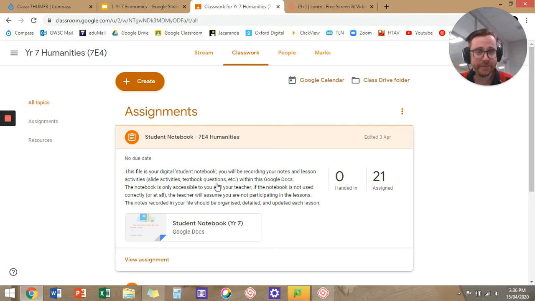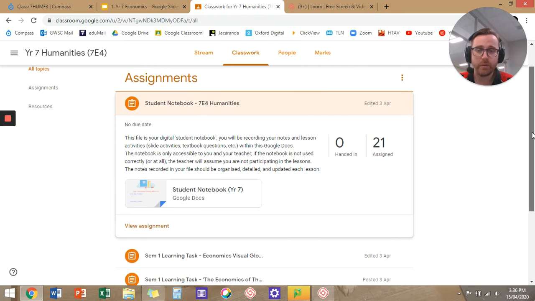It's not an assignment. It's just somewhere where you can put your work every lesson, and I can keep track of it. Just make sure that you are working on it, paying attention every lesson. So don't submit it, because if you submit it, you lose access to that notebook, and I have to re-add you to it. So don't worry about that. Anyway, the assignment we are looking for, though,